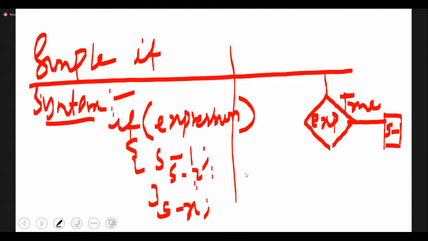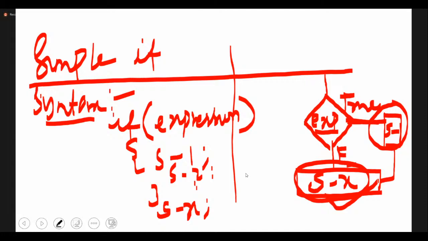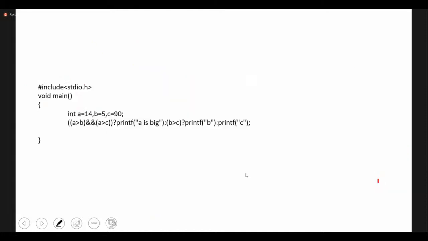Also you see here you have statement X. This statement X will be executed after the true block, and if this is false, only this. If your expression is true, both your true block statements as well as the following statements will execute. If your expression is false, only the false path statement will execute. Do you understand how I'm explaining this?